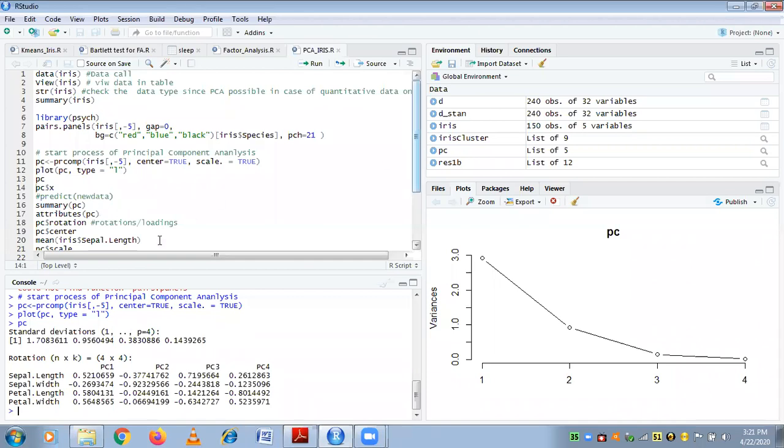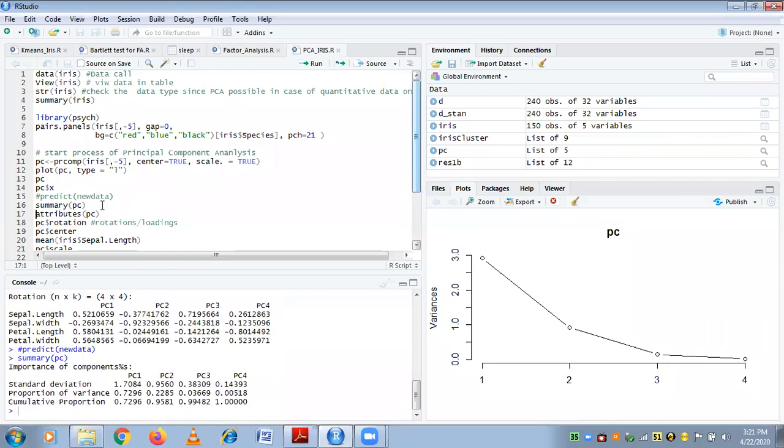You can also see the summary of it. Here you can see the standard deviation for the first principal component, the proportion of variance, and the cumulative proportion for each of the principal components.